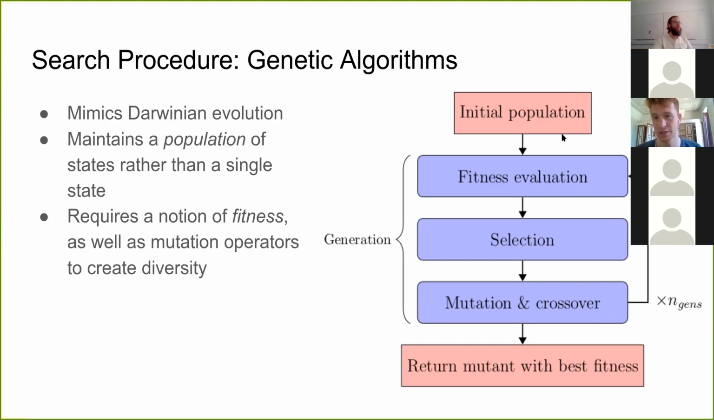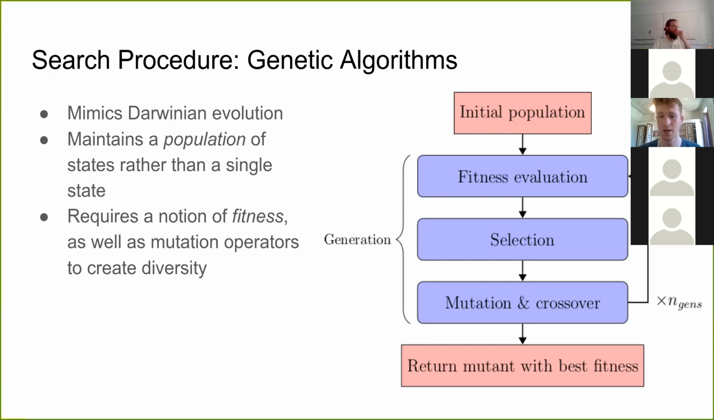Given such an initial population, we conduct a series of generations, and each generation consists of the following. First, we evaluate the fitness of all the mutants. Then we apply some selection procedure to select the population that will proceed to the next generation. And then we apply some mutation and crossover operators that introduce diversity for the population in the